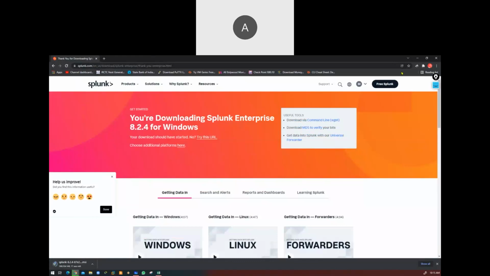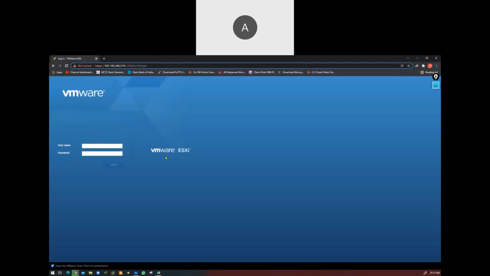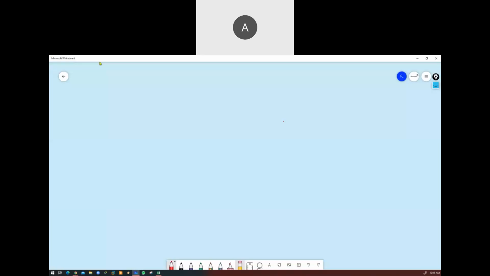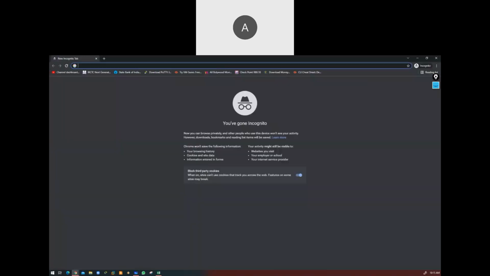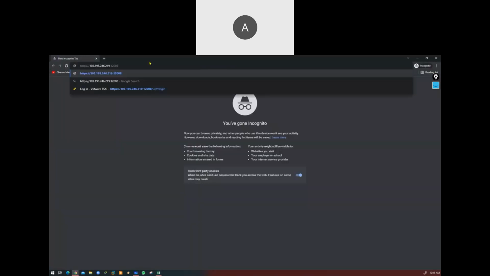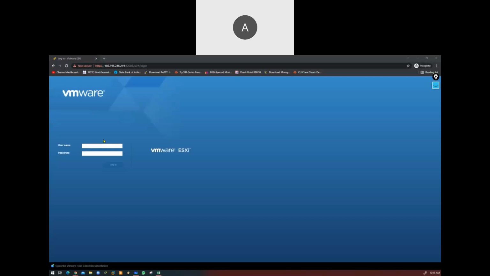We are already using a VMware ESXi machine, so let me log in with root.